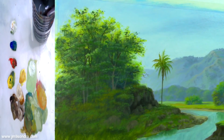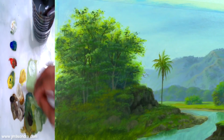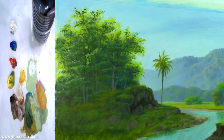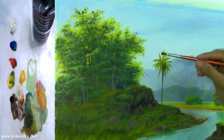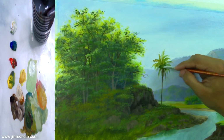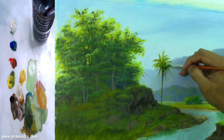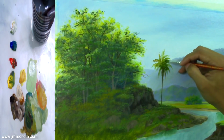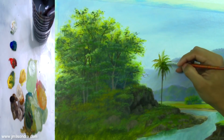I'm gonna make that darker. Okay. I'm gonna add more raw umber, blue, and yellow. So we need to make this part darker, but my acrylic is too fluid or is too open or wet. That's why